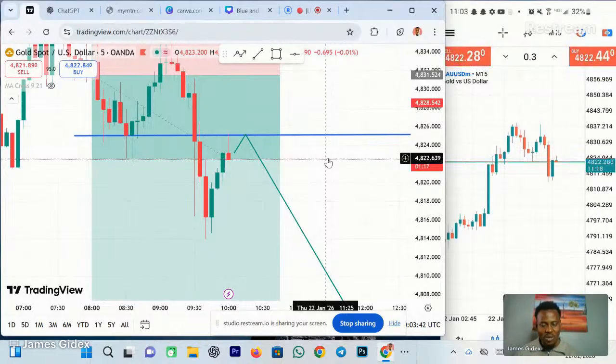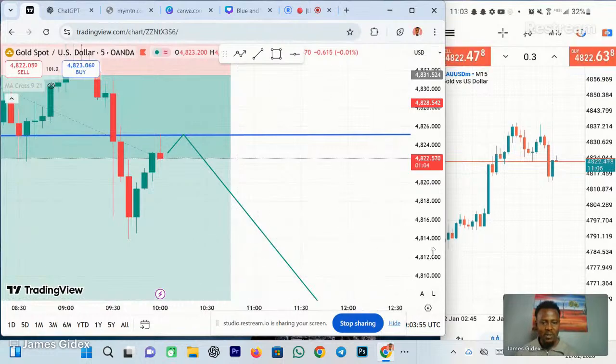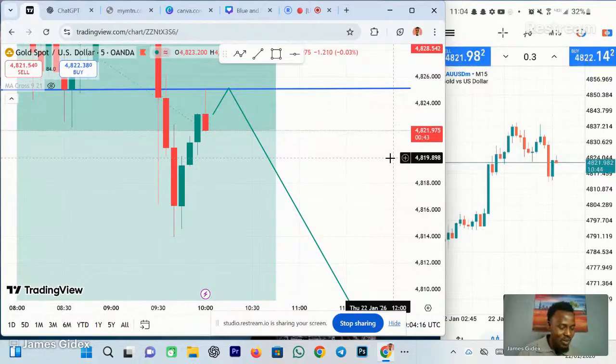As you can see, exactly what I was talking about, it's giving us a huge rejection candle in the 5 minute time frame. It has not closed yet, but it's giving us a rejection candle. Not just that, we need to also check our news and see what the news is doing, because we just can't get into the market and waste $500.